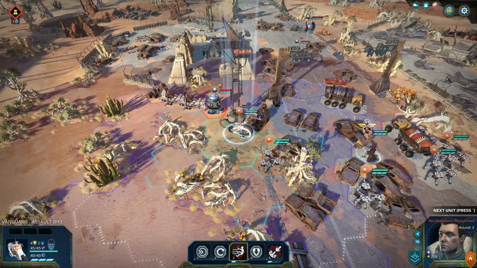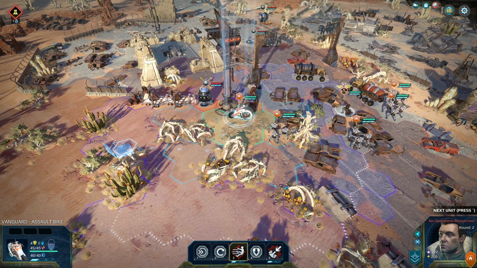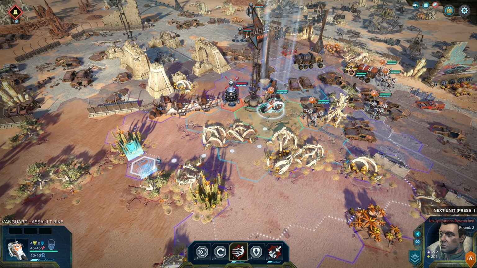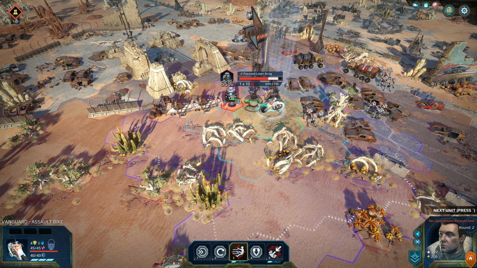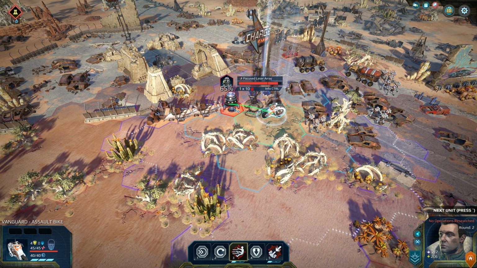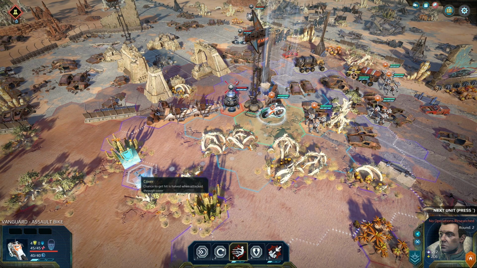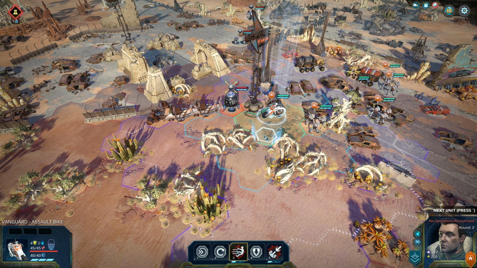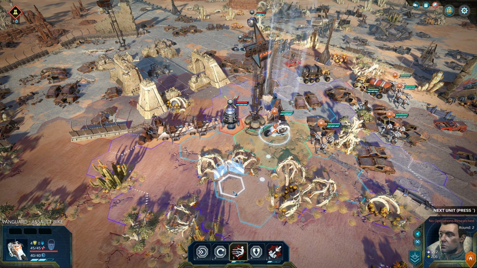So let me bring this guy around this way, I think. Let's see. You'll notice when we hover in different positions, this little crosshair changes, and that's to indicate basically our hit chance. So from here, it's pretty good. The further away we go, the less strong it will be. Now, this guy, I don't think he takes cover, so I don't think he can be flanked either. But